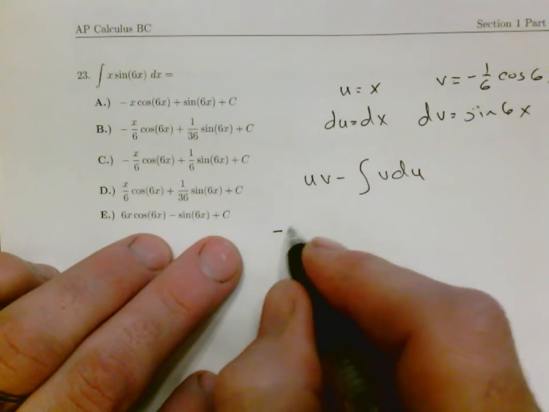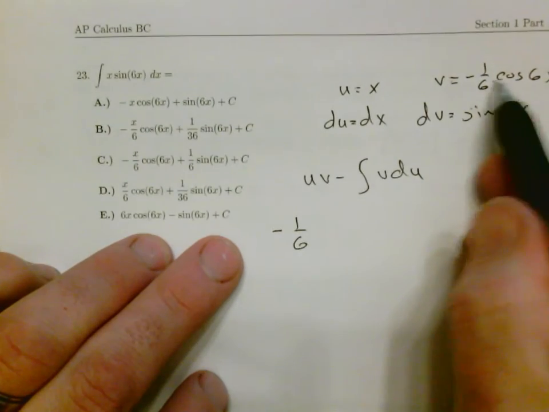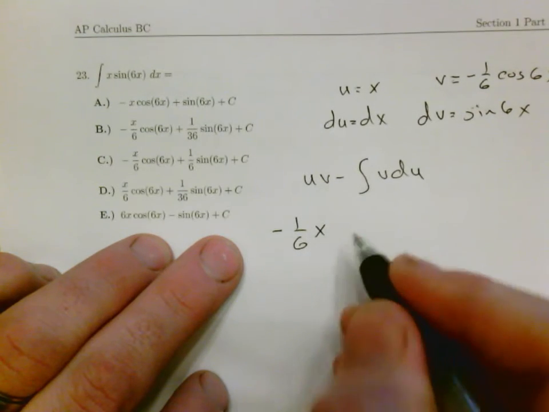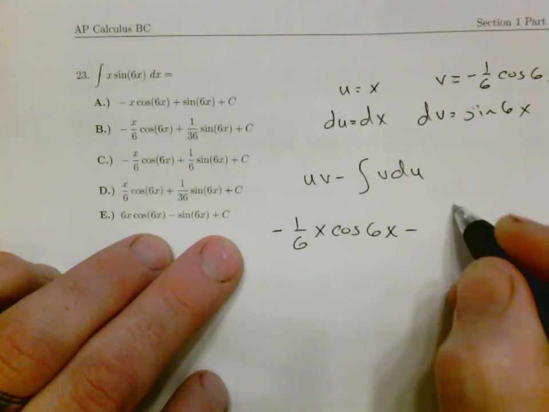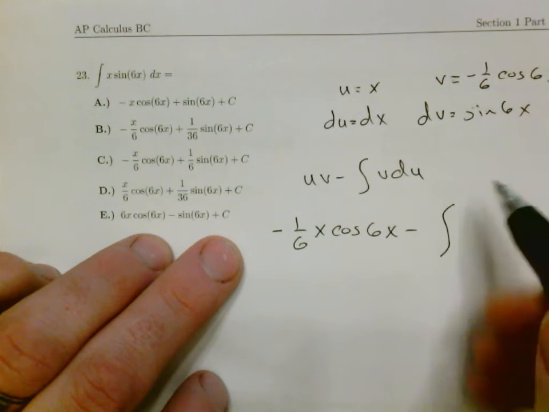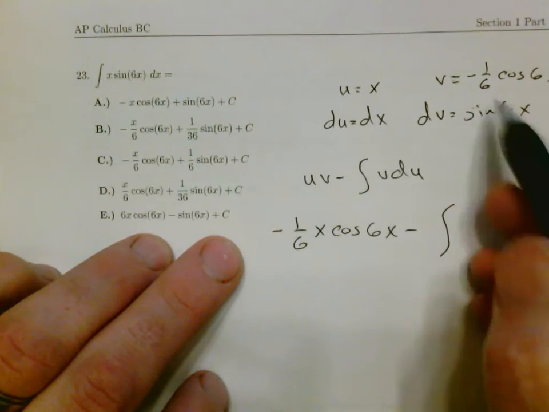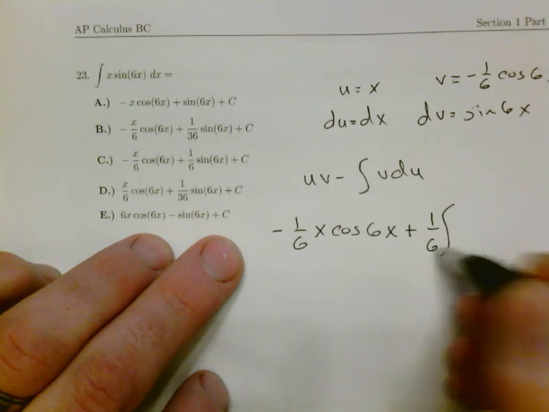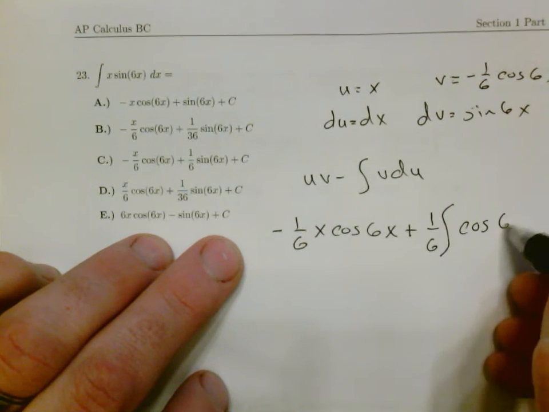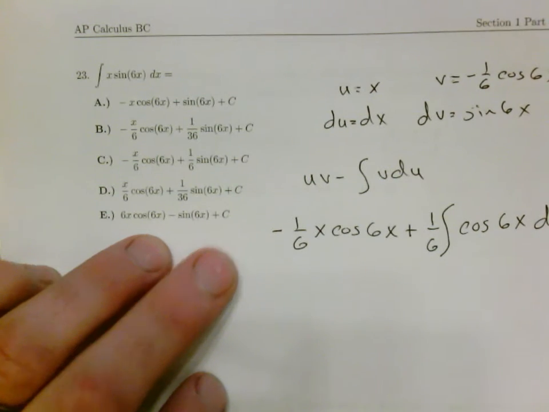I'm going to have negative 1/6 times x times cosine of 6x minus the integral of v du. Minus a negative, so it's a plus. I can bring out the 1/6, and I have cosine of 6x dx,